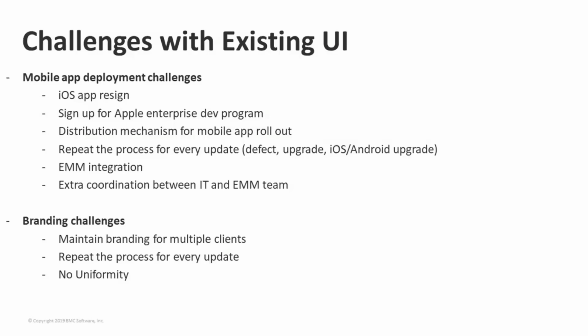The other challenge was you have to repeat this process for every update. The reason is that re-signing the app and rebranding the app are all stored within the native app itself. So every time there is an update to the application, be it a defect fix or an upgrade of the application, or maybe something changed because the iOS and Android platforms upgrade, we also have to make some changes to our app to work with the latest version of the iOS and Android platforms. So any update to the application,